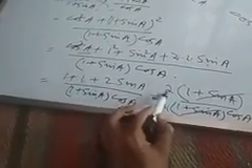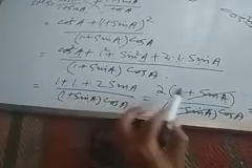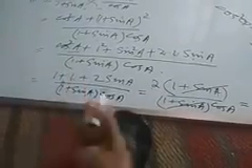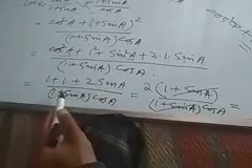1 plus 1 equal to 2. Take 2 common, you will get 1 plus sin a. So if you multiply once again, 2 ones are 2, sin a, you will get the same as 2 plus 2 sin a divided by 1 plus sin a into cos a. So 1 plus sin a common cancels, you will get 2 divided by cos a. We know that 1 by cos is sec, so 2 sec a. In this way, we have been able to prove this.